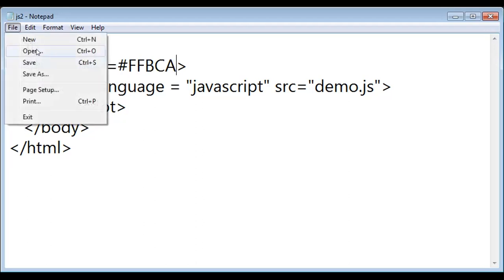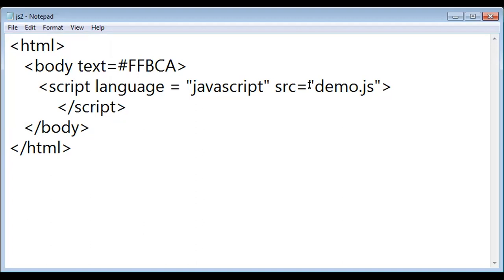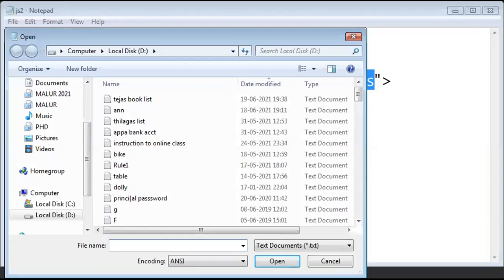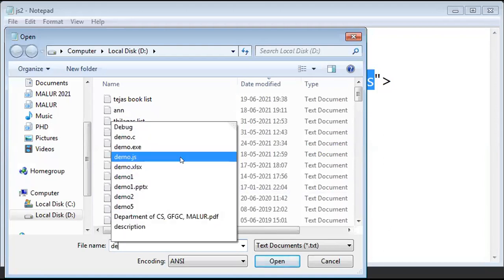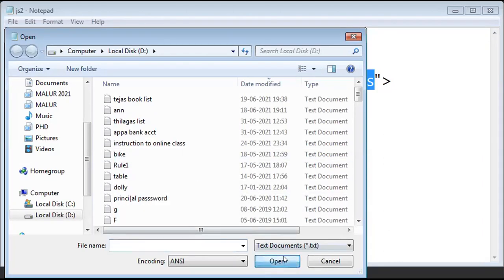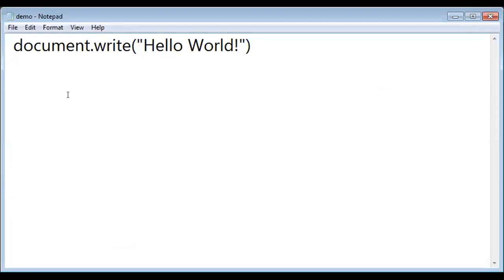We need to have a file called demo.js. So we need to create one more notepad file, and the name of that is going to be demo.js. In this, there is no need for script tags or closing of script, because it's going to be a JavaScript file. Just type only the JavaScript.